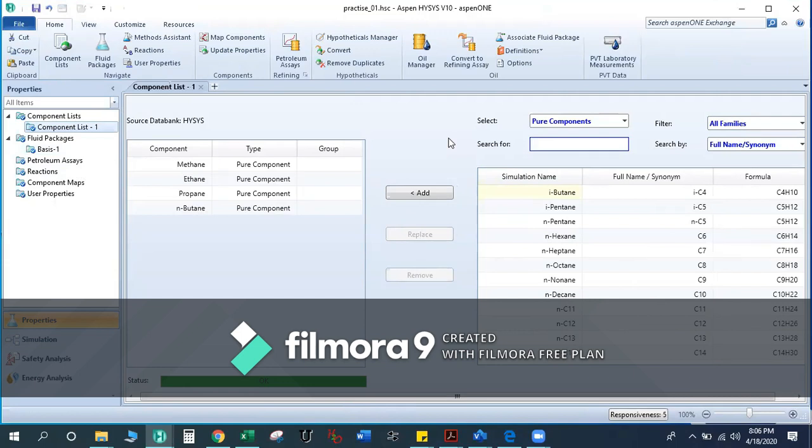Those components which we have introduced are pure components, or you can say components which are already identifiable, which you already knew are involved in your simulation, that you just selected from the Aspen HYSYS master component list and started your simulation.